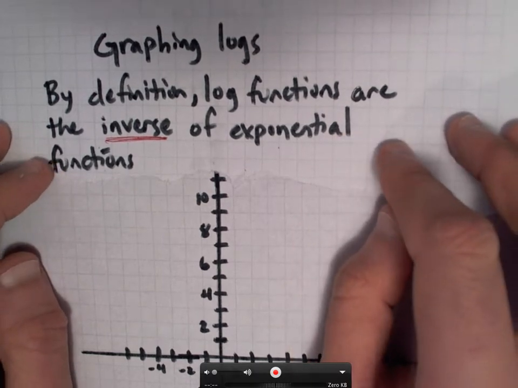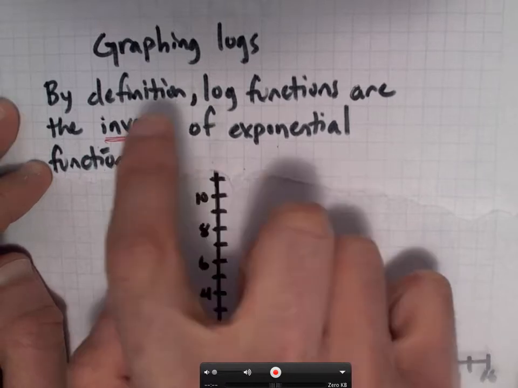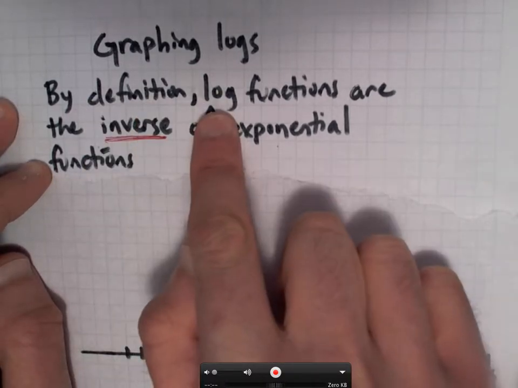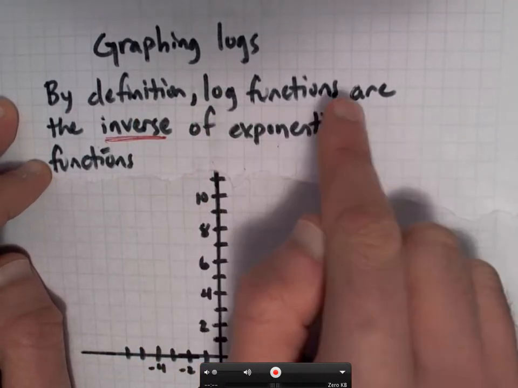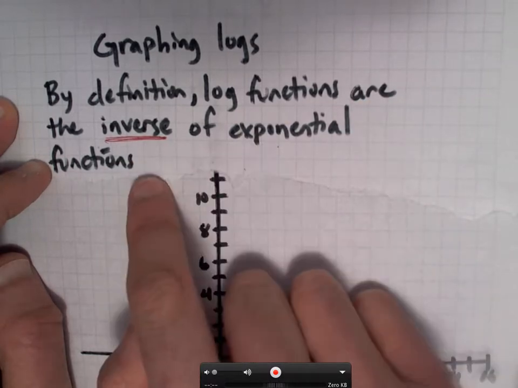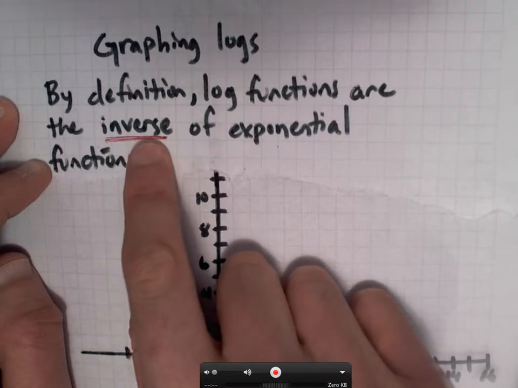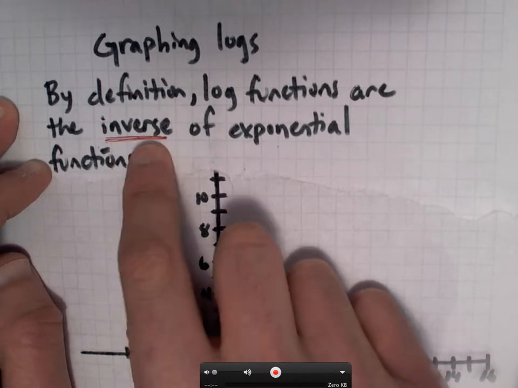Okay, so let's finish up by trying to graph a logarithm. When you're graphing logs, the key thing to remember is, by definition, a log is an exponent. So log functions are inverses with exponential functions. And since we know how to graph the exponential functions, we can just flip the coordinates to find the points